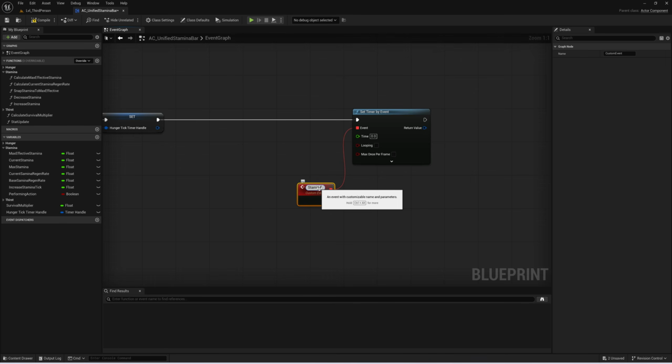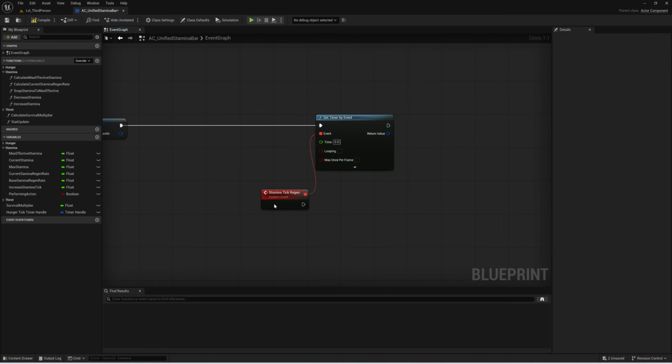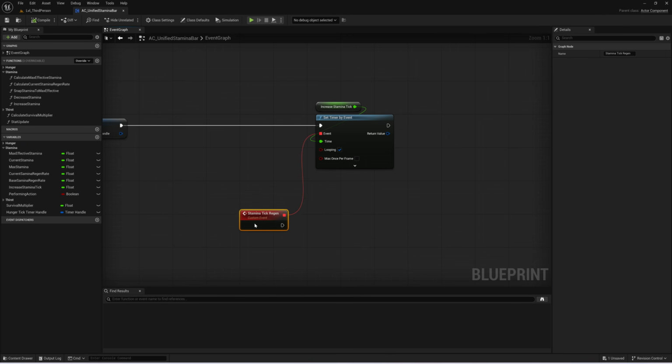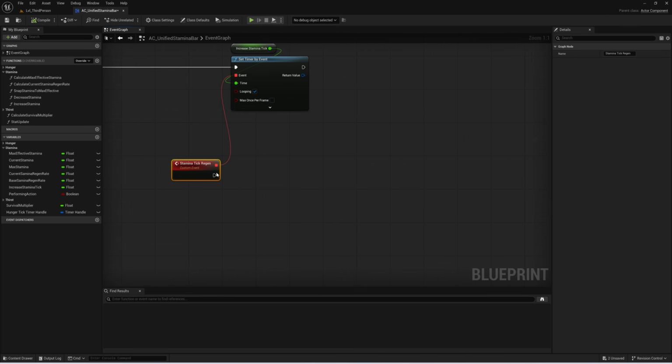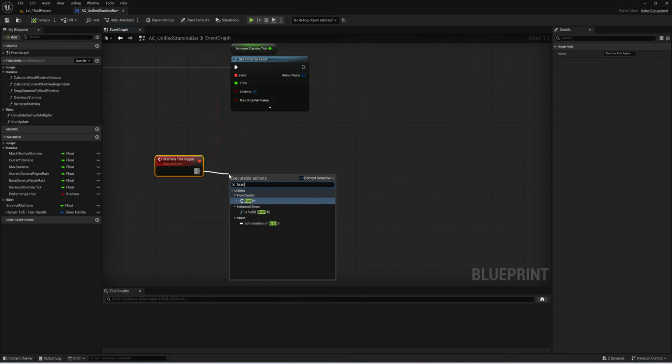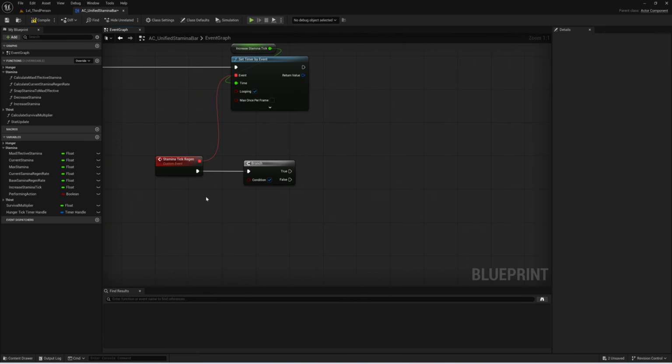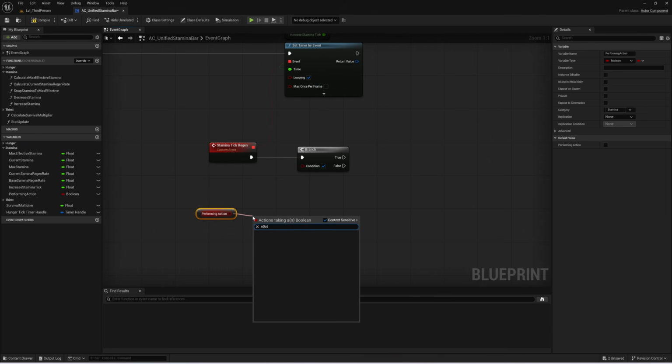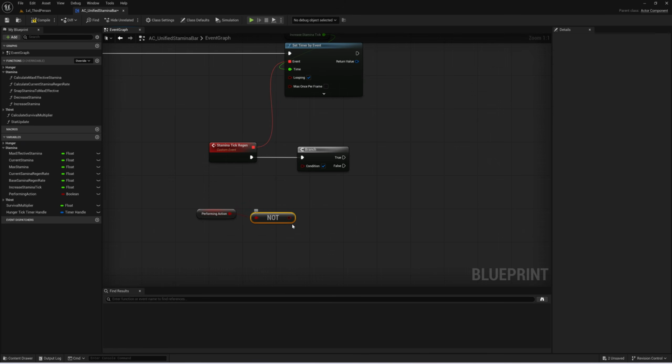I'm going to call this stamina tick regen. This is going to be looping, and the time is going to be our increase stamina tick. This is just a variable which has a value of 1 because we set it to 1, which means every 1 second we're going to run this stamina tick regen. Now what this is going to do is first do a branch which is going to check, are we performing an action or not? So we're going to drag in get performing action,